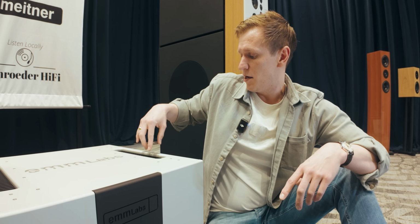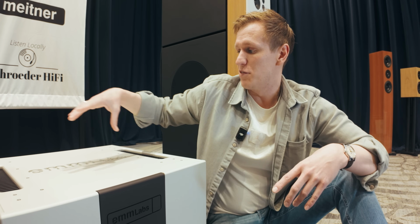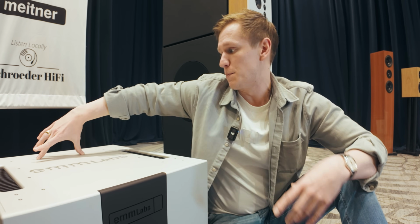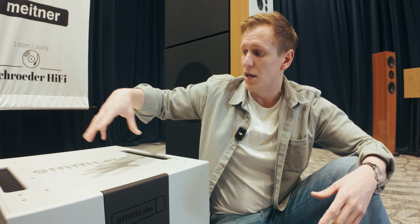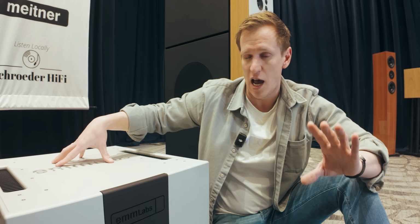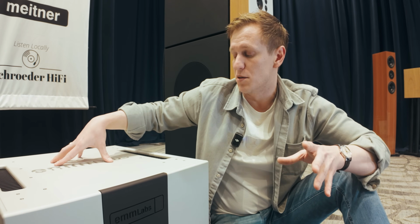The linear supply powers the buffers or the power modules. This is where you're getting your gain of 1 power. Then we have a switch mode supply here that's powering the input stage to the amplifier. This is where all the gain comes from, which is 30 dB, and that's where our voltage amplification stage is. And the other thing the switch mode supply is powering, which is active at all times, is the monitoring stage